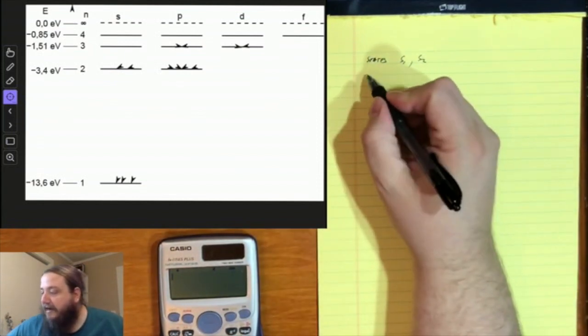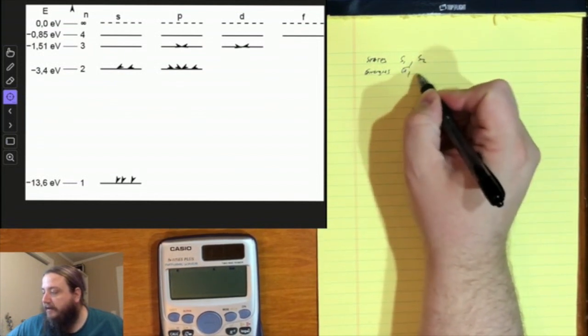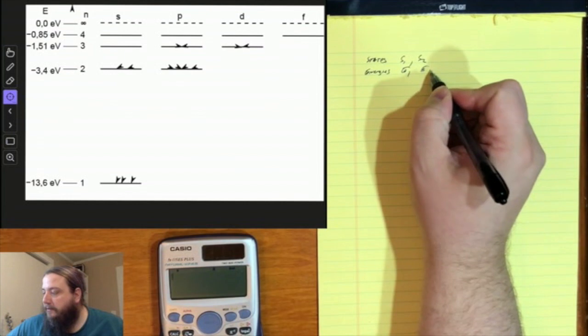And those states are going to have energies E1 and E2,